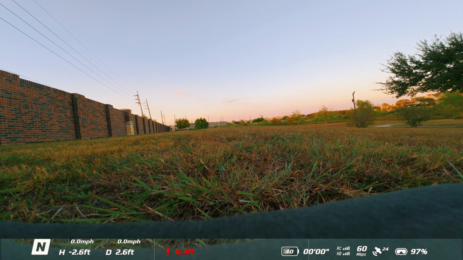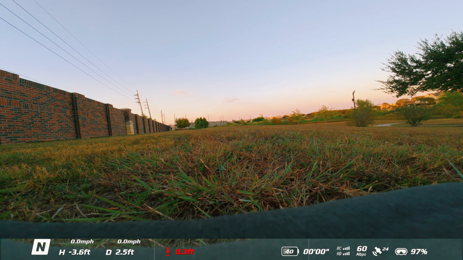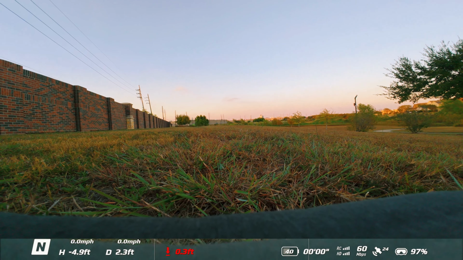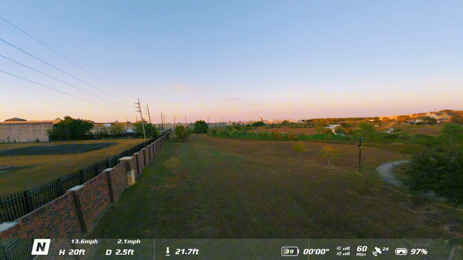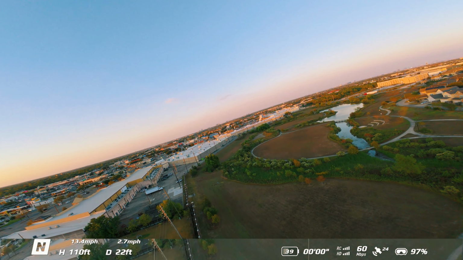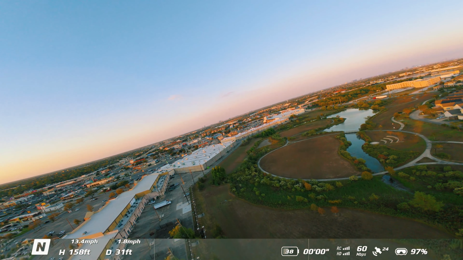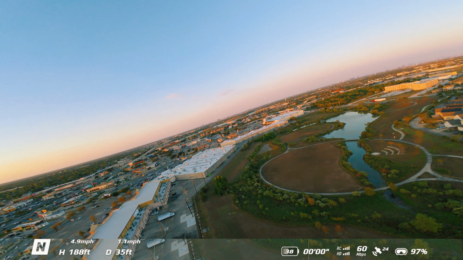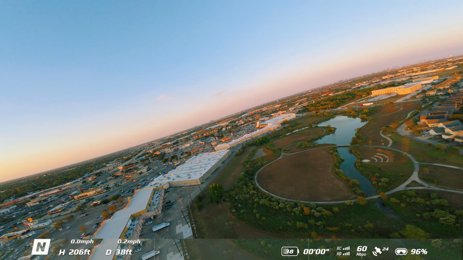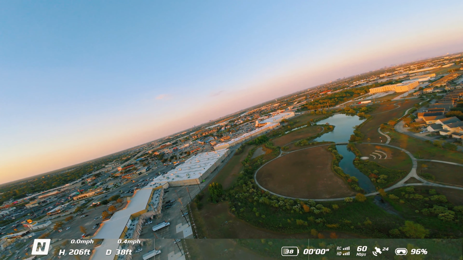What I'm going to be working on is trying to figure out the direction of the wind, which way the wind is coming from. Okay, so what I usually do is I go to 200 feet, because 400 feet is the maximum and 0 is right at the ground, so you're getting something right in the middle. This is 200 feet, and as you see, it's leaning to the right.